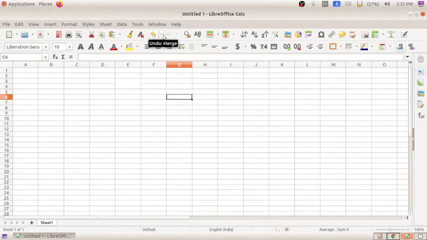Here you can see undo and redo. If we want to move back to the last action, when we click here you can see the last actions which we have done. Next is this one, row and column. If we want to add an extra row after writing some details, we can use the row column option.